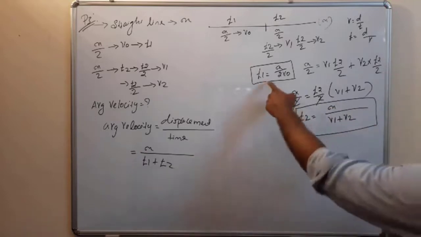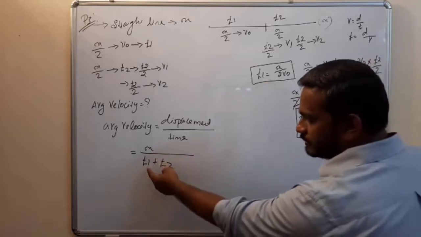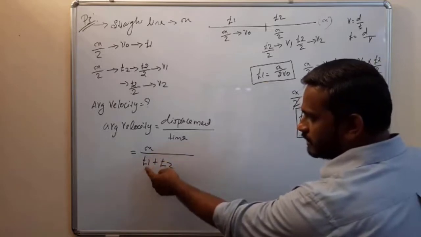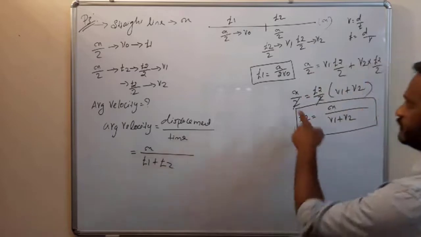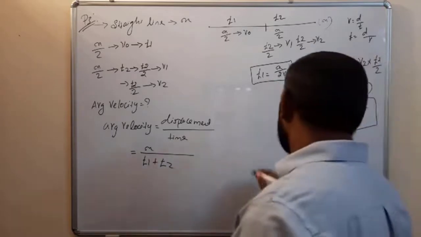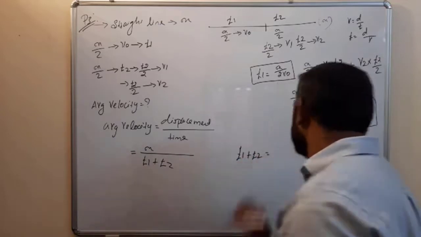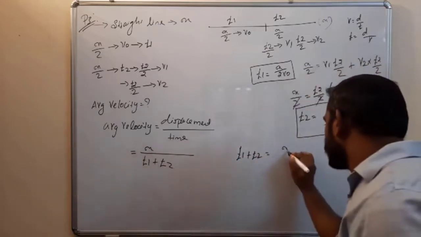So we get t1, t2. Okay, so the total distance x. Next, to find the average velocity, we have to find t1 plus t2. That is, t1 plus t2 is equal to x by